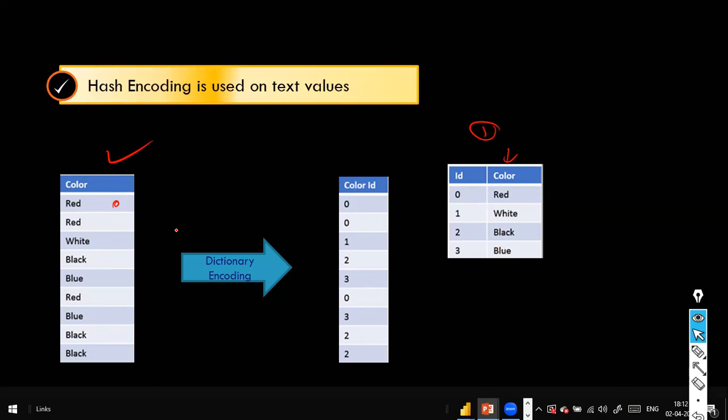Wherever red is there, it puts 0. And for white, white is 1 here, and it replaces that one. If you see the difference here, it is very small, right? So just 0, 1, 2, 3, something like that. Especially if your categorical column values are too lengthy, in that kind of situation, you save a lot of